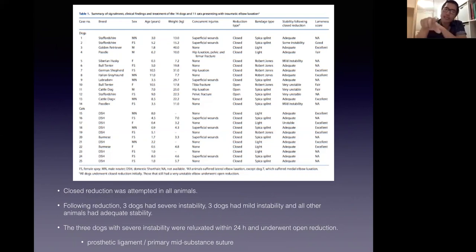So once I get the elbow reduced, I flex that elbow and then run it through the Campbell's test to see how much instability that I have, whether the joint just luxates and pops out immediately. And if there is a significant or severe instability, meaning the pronation, supination is quite severe or it just pops out, then those are the cases that I recommend to the owners